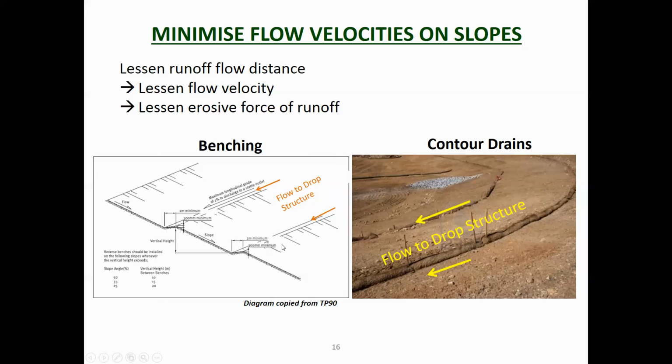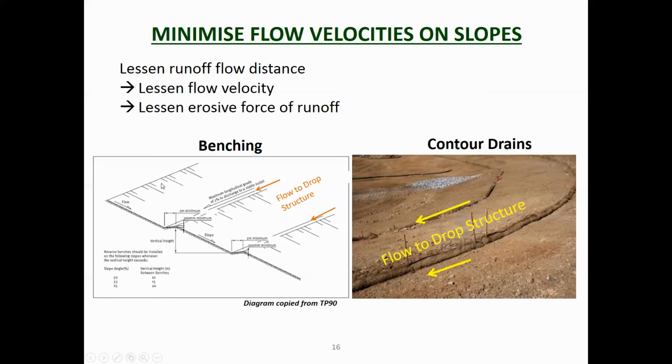There are several ways you can do this. The first one is benching. So there's the flow going down there, building up speed, and then it hits this bench and it stops, and it's connected into a channel which goes to a drop structure. We'll look at those in a minute. And so what you're doing is you're minimizing the length of